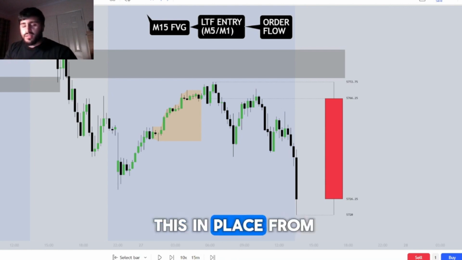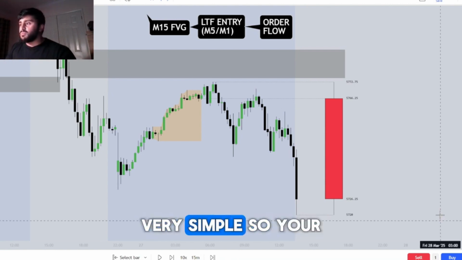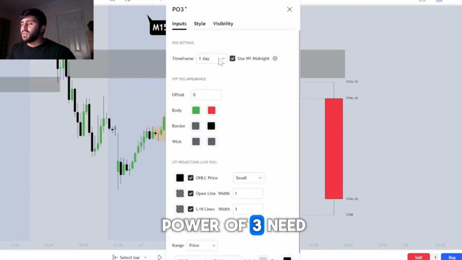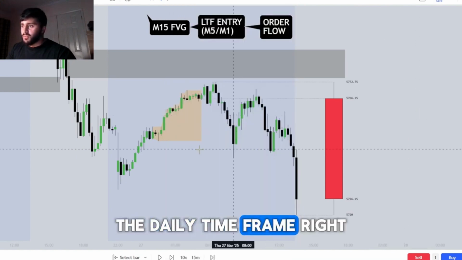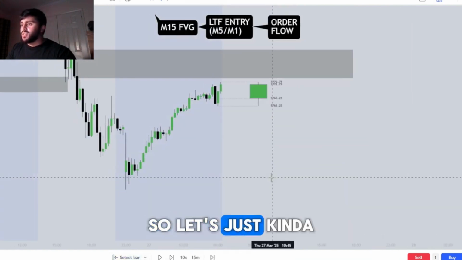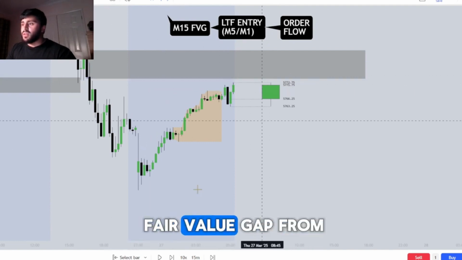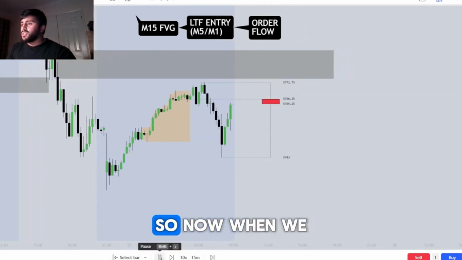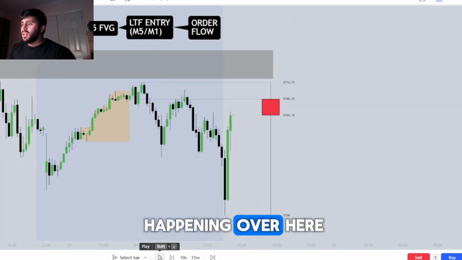Once you have this in place, from here it becomes very, very simple. Your settings for the power of 3 need to initially be the daily time frame, right? This is the daily time frame. So let's just see what's happened. We have this fair value gap from the previous day over here. So now when we play price on, what's happening over here? When we come